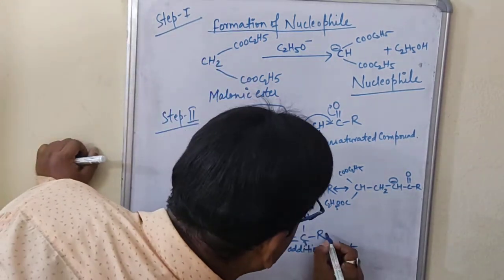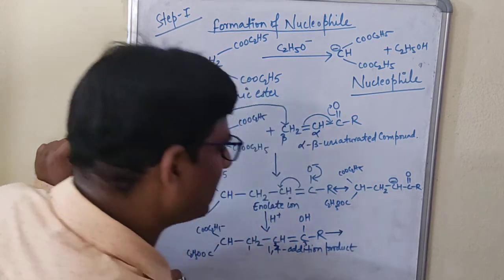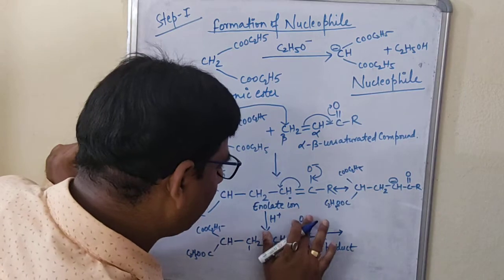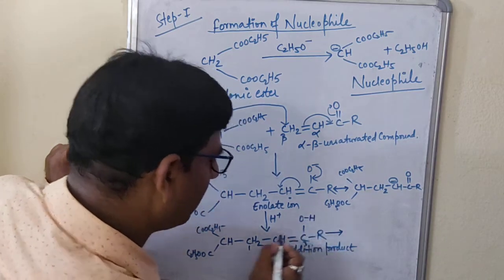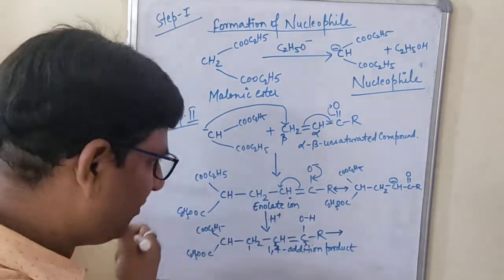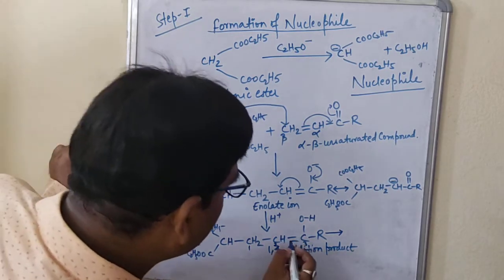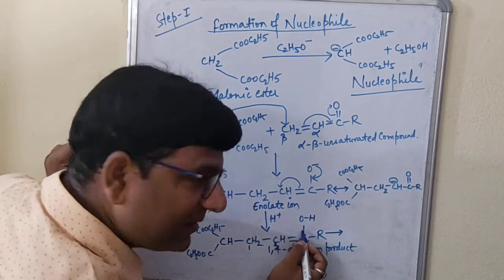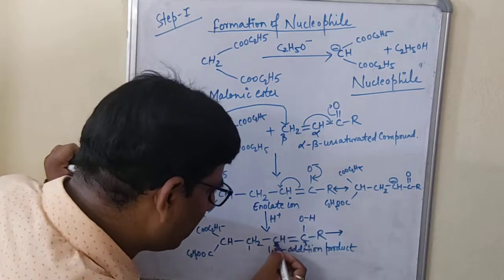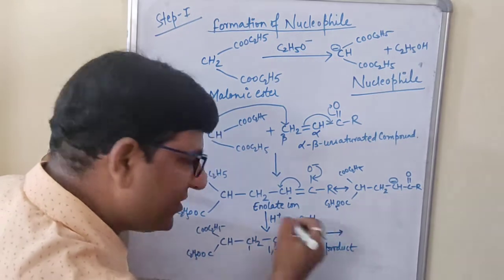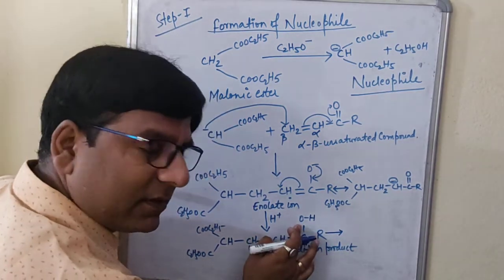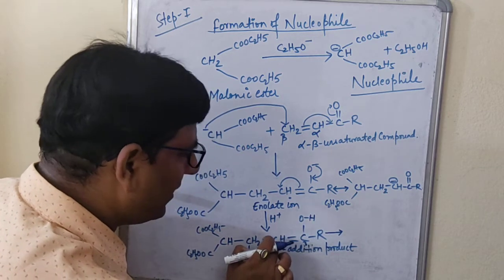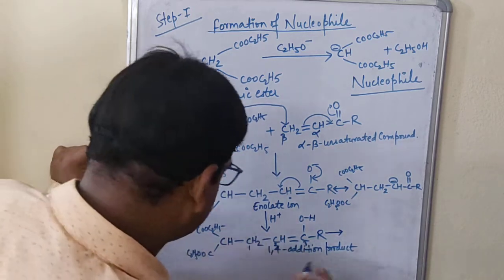Now, how do we make the structure for this? Tautomerism is simple. You write like this: OH, already OH was there. We will shift this bond to this side, this bond to this side, and this hydrogen-containing bond to this carbon. Just exchange it: the bond between C and O, and this hydrogen will come and join this carbon number 2.